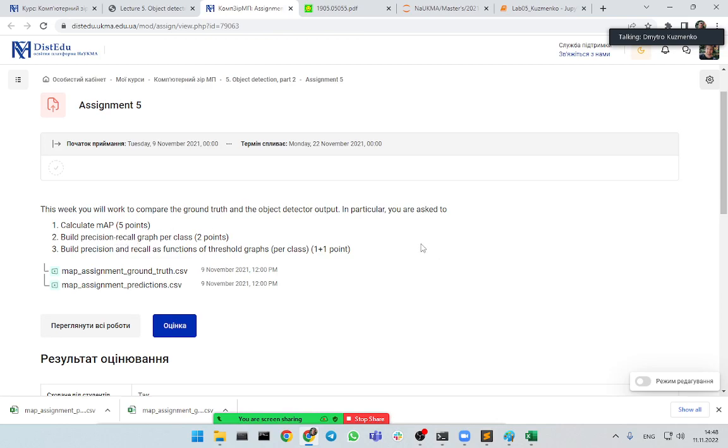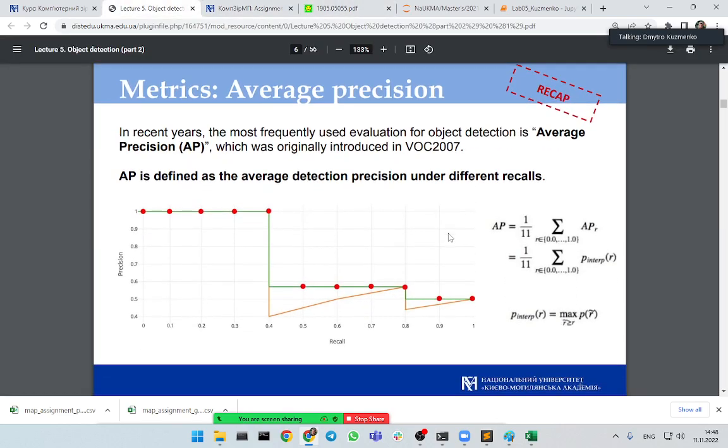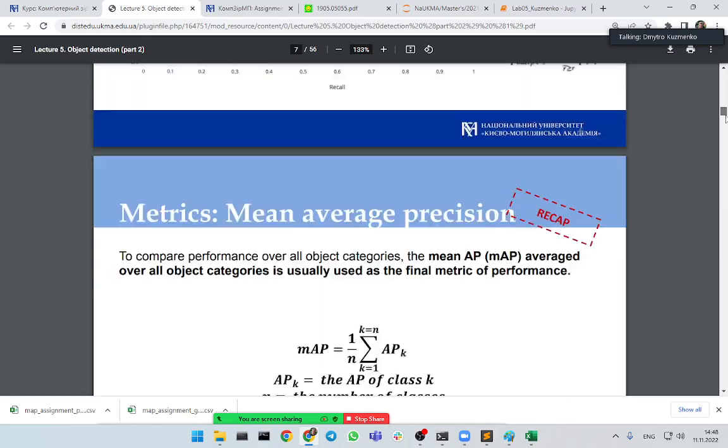So this is a creative task, but the minimum program is for you to just calculate mAP using any means available, either by hand or using any library, and then to plot the graphs of precision recall for each class, the ones mentioned in the lecture, or maybe not even these ones, but